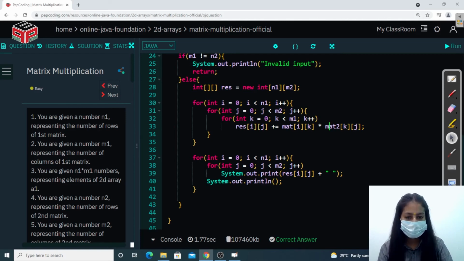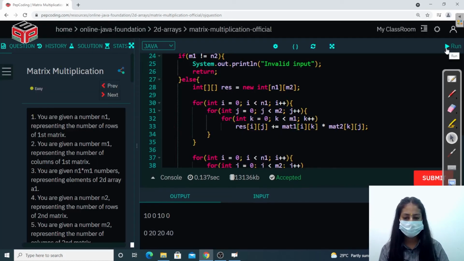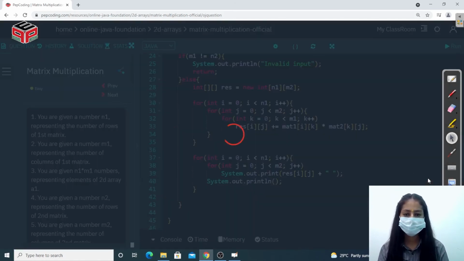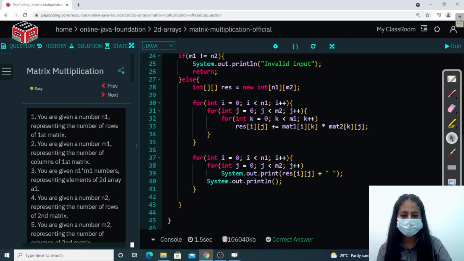So let's try to run this code. We are getting the expected output. Now let's try to submit it. So our code is getting submitted.